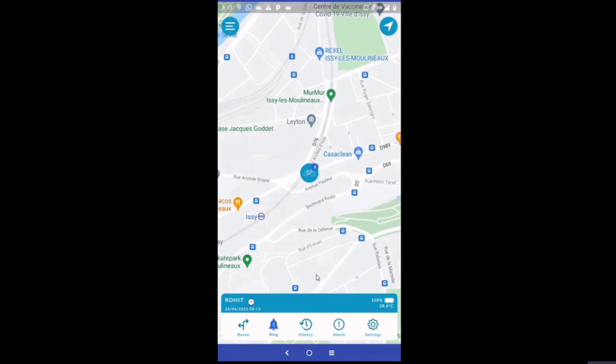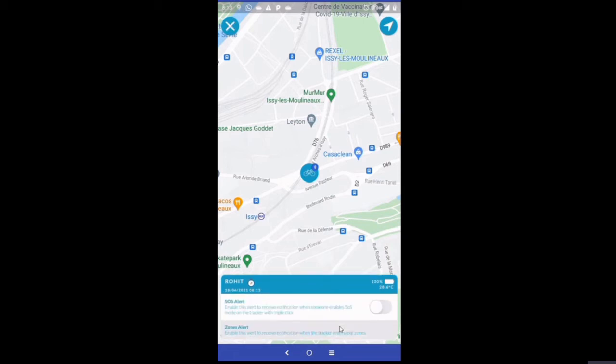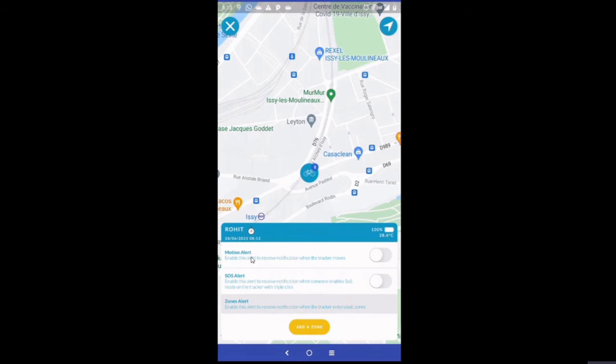Then you can also set alerts of the tracker. So there are three types of alerts: motion alert, zone alert, and SOS alert. So motion alert is when the tracker has begun to move. Of course there is a timer in the tracker that for 370 seconds it has to be still. So that's when it considers that it stopped moving. So basically the tracker has to be lying still for 370 seconds, and then you have to start the motion,